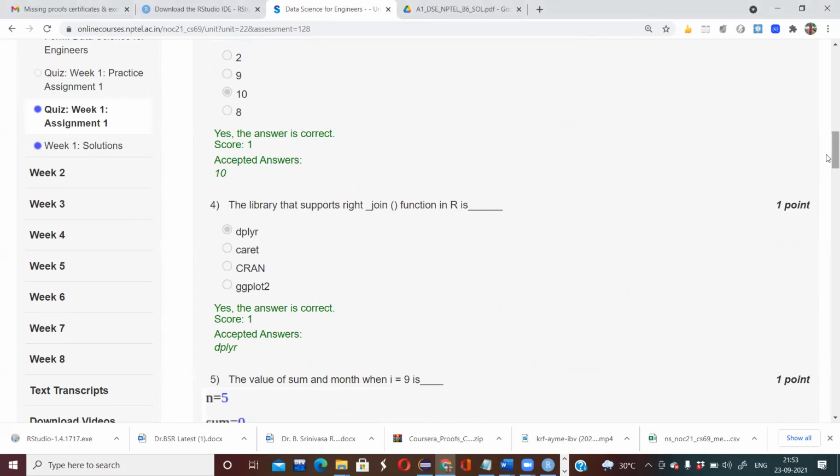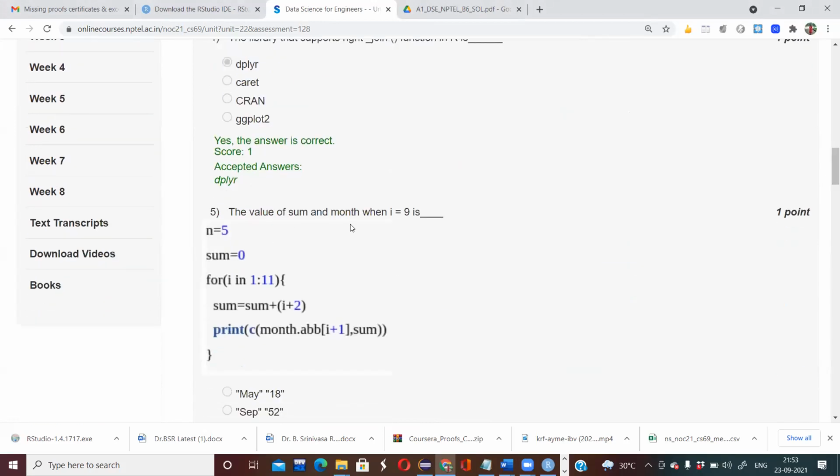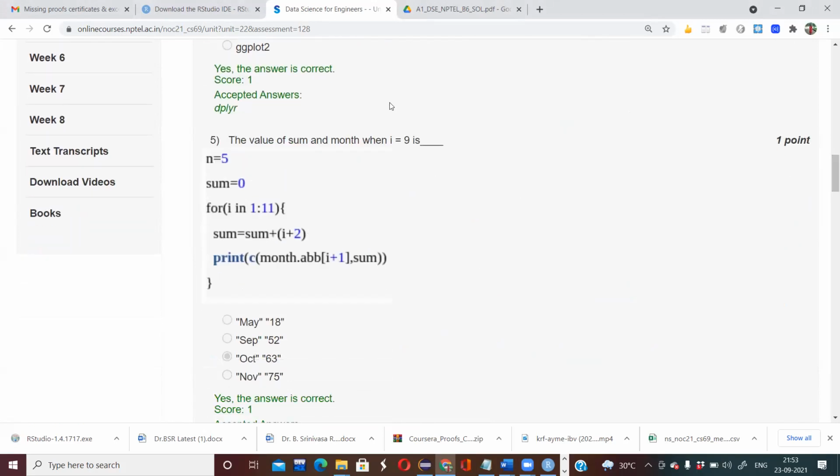Now they're asking in the fifth one, the value of sum and month when I equals 9. Let's consider what they have given: N equals 5 and the sum value is 0. Here I is in 1 colon 11.